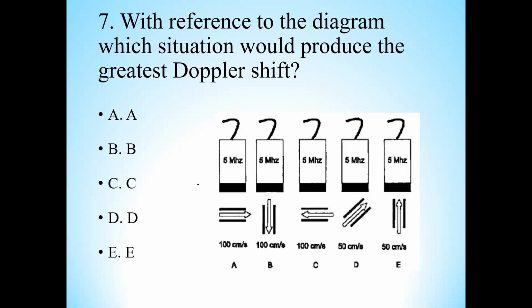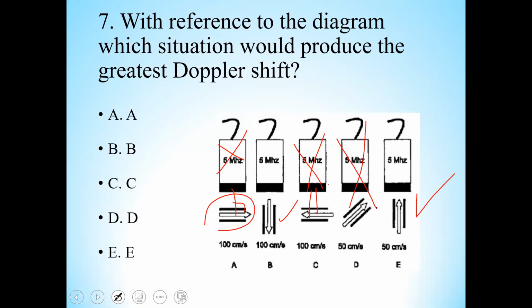चलें, इसको डिस्क्राइब करते हैं। ए नंबर में कोई डॉपलर शिफ्ट होगा? नहीं होगा, क्योंकि एंगल 90 डिग्री है। इसमें डॉपलर शिफ्ट नहीं होगा, तो ये बीच में से निकाल दें। अब इसी तरीके से इसमें डॉपलर शिफ्ट होगा? नहीं होगा, ये इसको भी निकाल दें। लो परपेंडिकुलर। दो तो गए, अब तीन ऑप्शन रह गए। ये बिल्कुल डायरेक्ट टूवर्ड्स है, ये डायरेक्ट अवे है, तो इन्हीं दोनों के दरमियान कंपटीशन है, ये बीच वाला निकाल दें, क्योंकि ये ऑब्लिक है। तो हाईएस्ट डॉपलर शिफ्ट हमें या तो बी में मिलेगा या ई में मिलेगा।